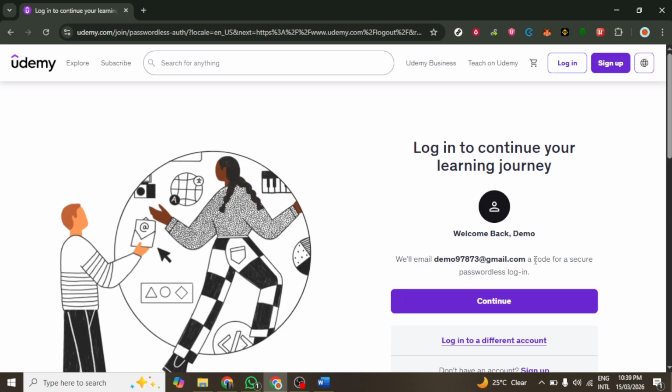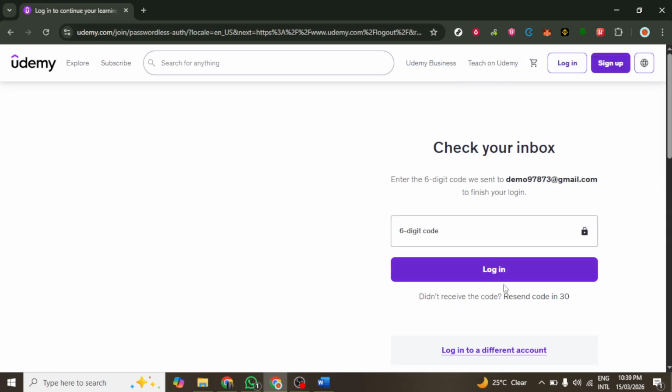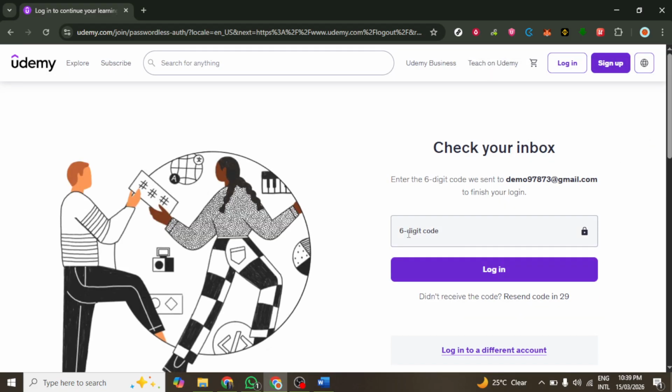Once you click this button, the system will process your information. If your login is successful, you will be redirected to your learning dashboard. In your learning dashboard, you will find easy access to your courses, account settings, and any updates related to your learning journey. Ensure that you familiarize yourself with this interface, as it will be your primary hub for managing your